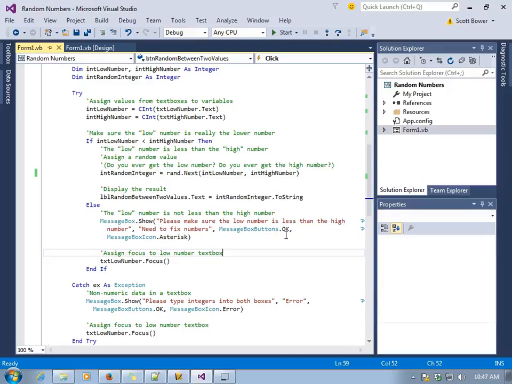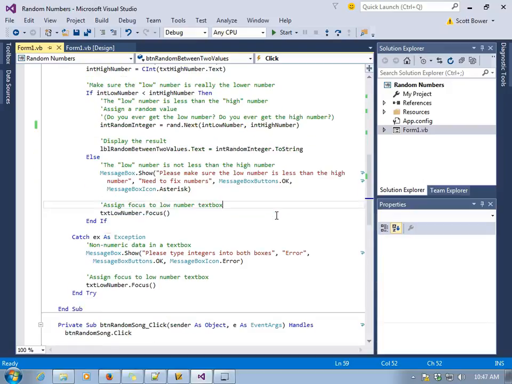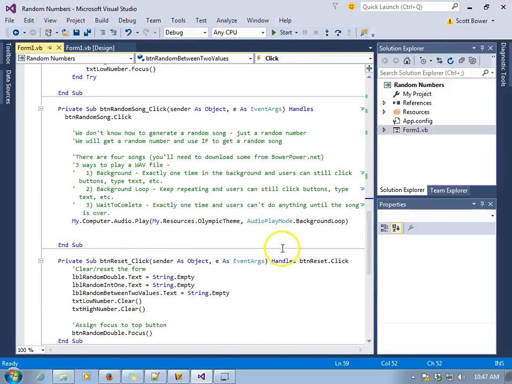Well, so far we've used random numbers to generate random numbers, but what if you want to generate a random something else? For instance, a random song. We don't really know how to make random songs. We only know how to make random numbers. First, let's take a look at how we can make a WAV file play using